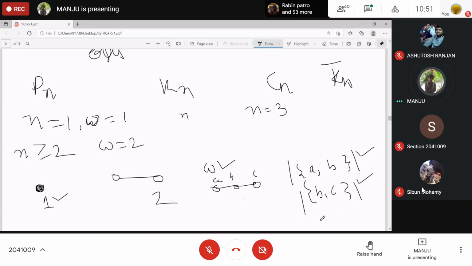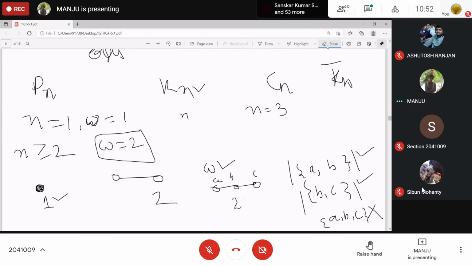Can you take ABC? Is this a clique? A, comma B, comma C. No, ma'am, this is not a clique. So what is the cardinality maximum over here? 2. So for Pn, for P4 again 2. So for non-trivial Pn, it will be 2. Clear? Yes, ma'am. For Kn, because every two vertices in Kn are adjacent, all the vertices, whatever the order n is, will form a clique, right? So n.